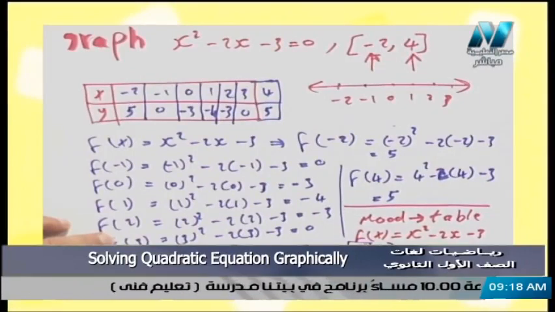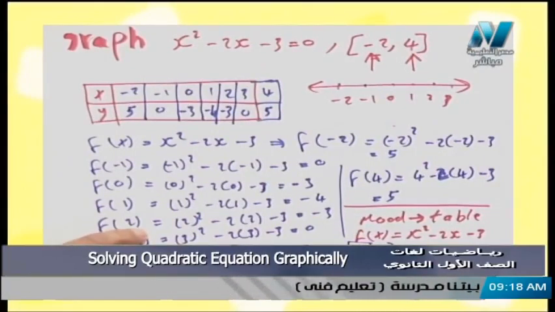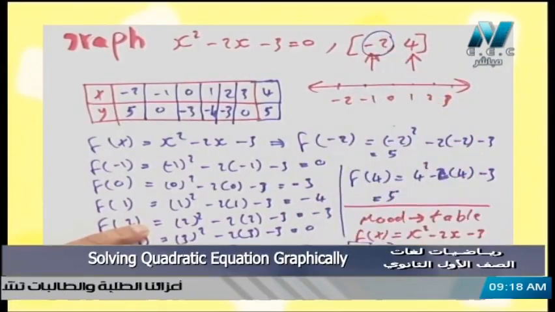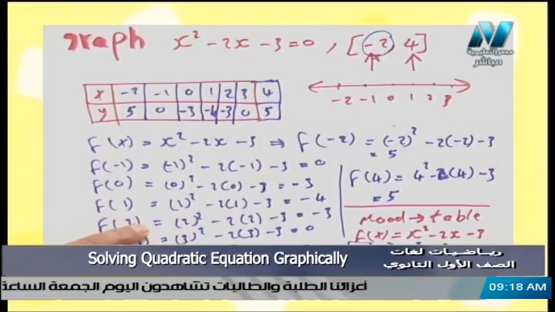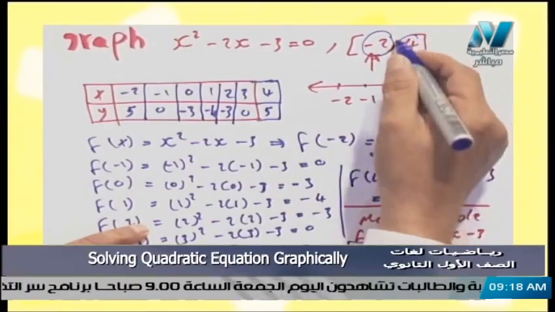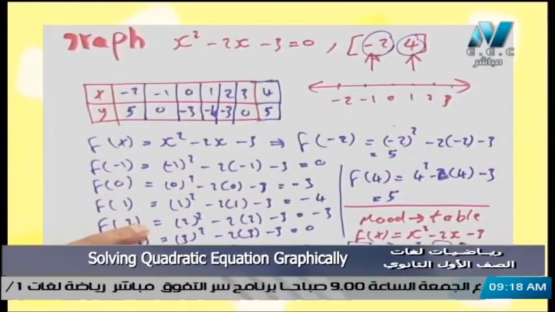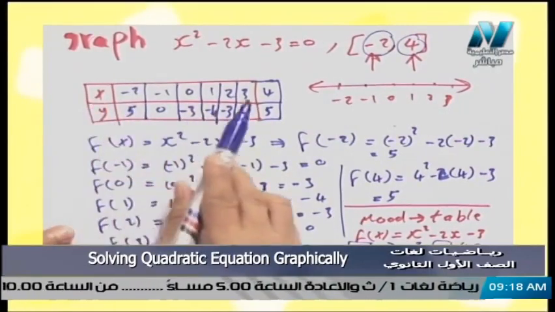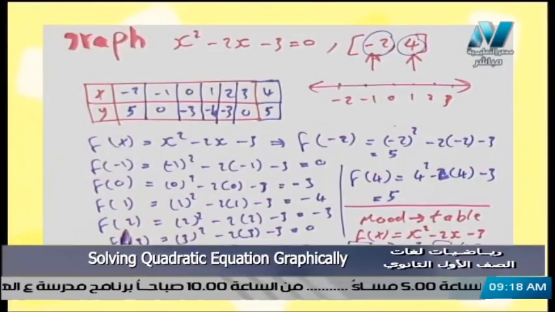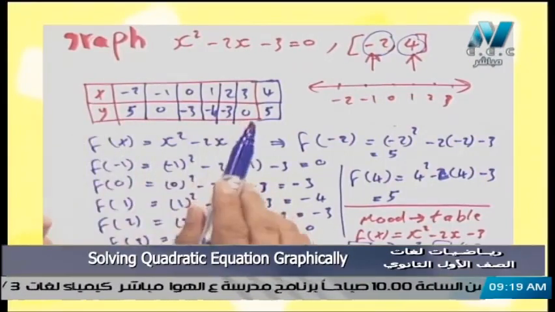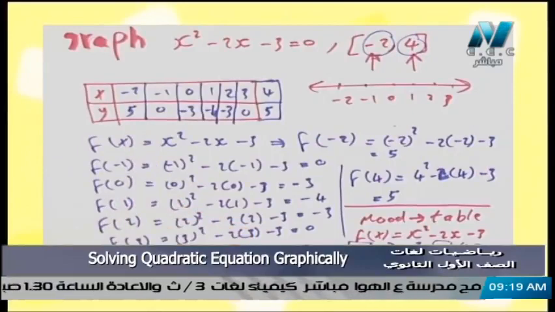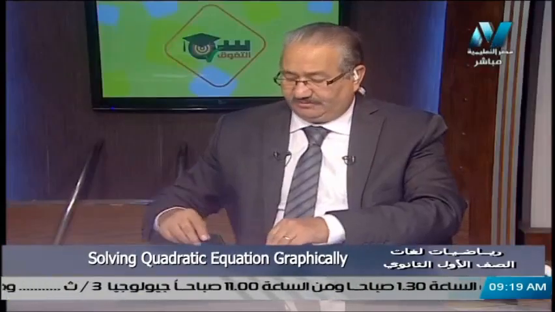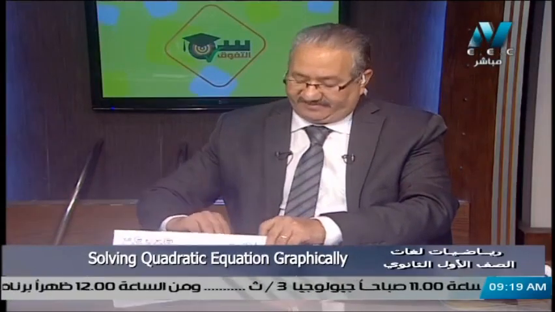After pressing equal, you have a number. The first number here is -2. You put -2 and press equal. Then you put 4, the last number, and press equal. Then you will find this table, and just graph it. We will graph the table now,